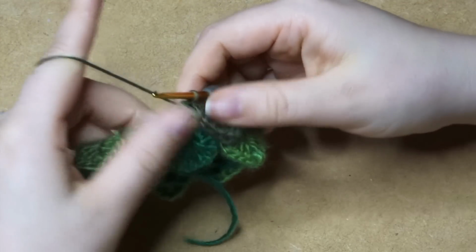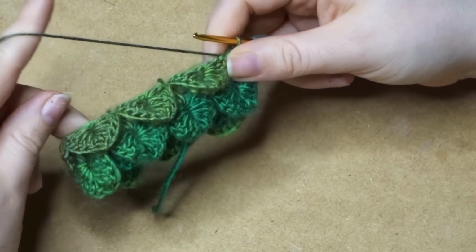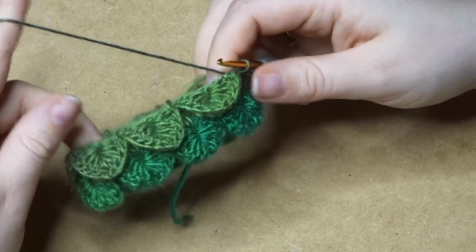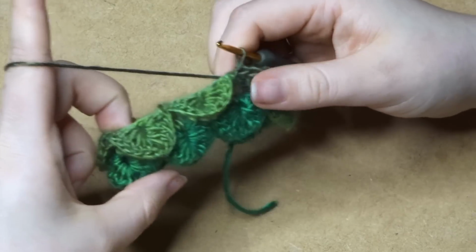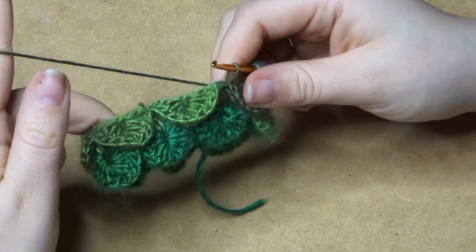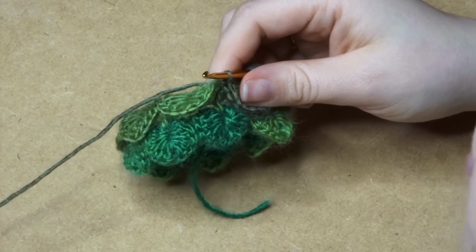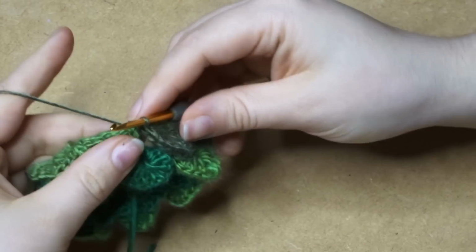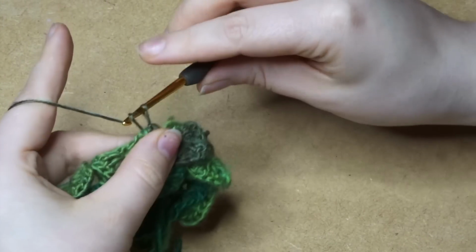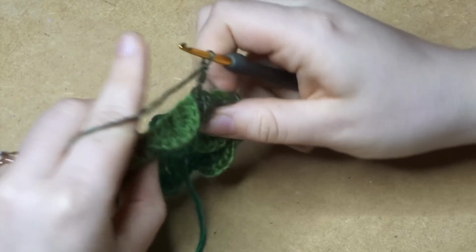And stitch it up. So now you've got 2 rows of your crocodile stitch, and you're just going to repeat all what we've just done so that you've got 6 rows of crocodile stitches. I will do this next one with you just so that you've got it, and then you can continue on your own. So chain 3, 1, 2, 3, turn your work inside out,